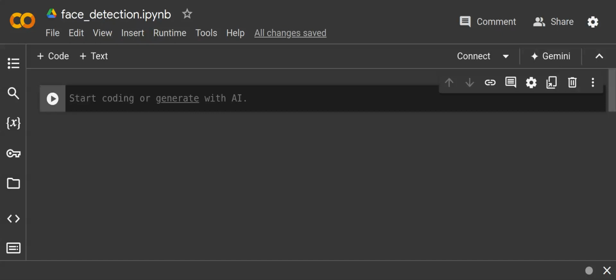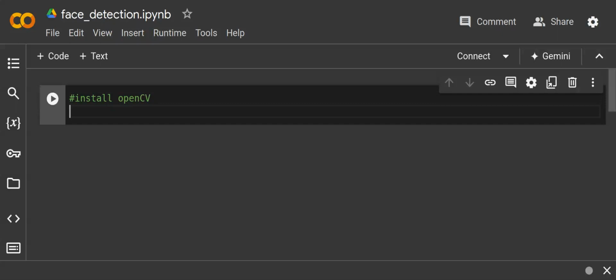So let's start by writing the first line, which is going to be to bring OpenCV into our application, which is to install it. So I'm going to install OpenCV, and this is how we do it. Okay, so I'll be commenting as I go. So I'll say install OpenCV. Okay, so how do we do this? I'll do pip install